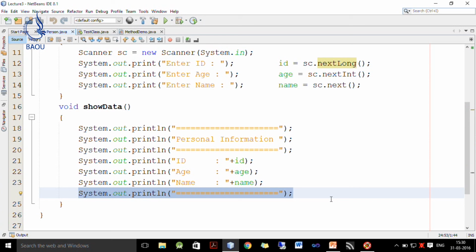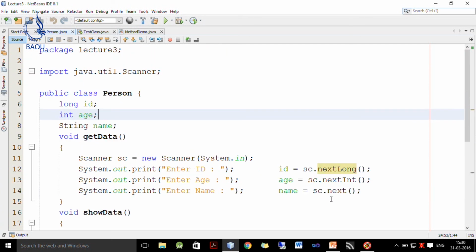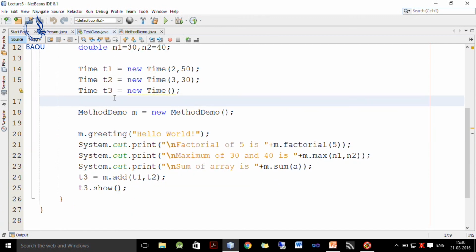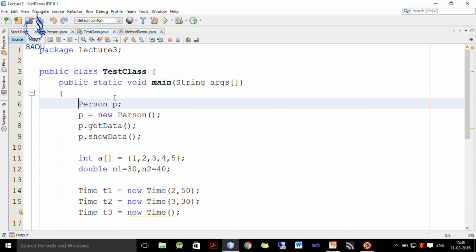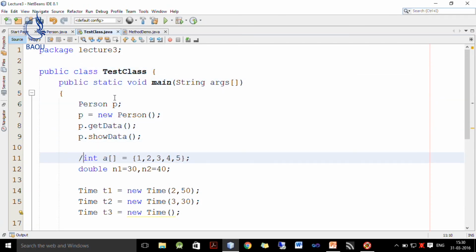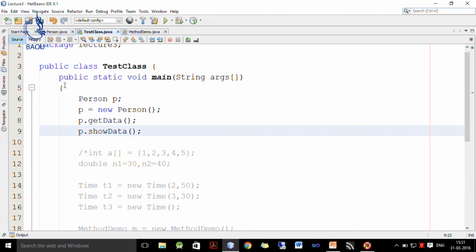Now, how to test this class? This class is public, so it can be called inside this test class. Here I comment out this portion, and now this test class has a main method.